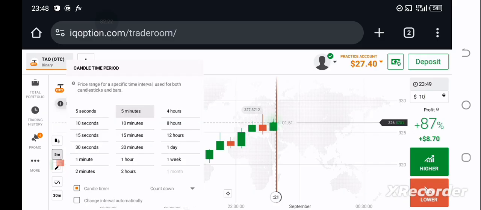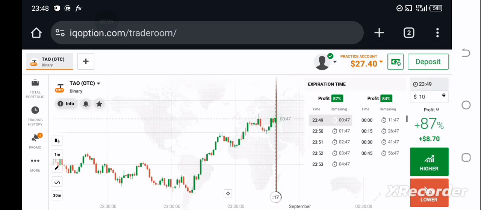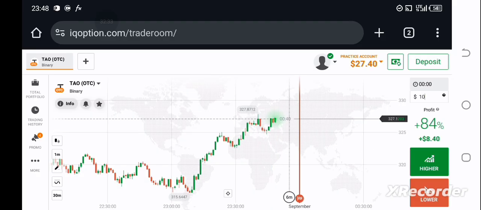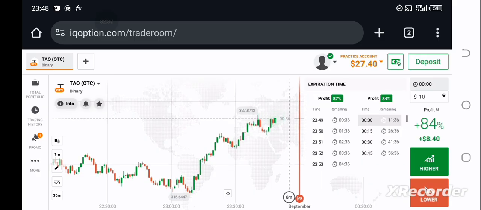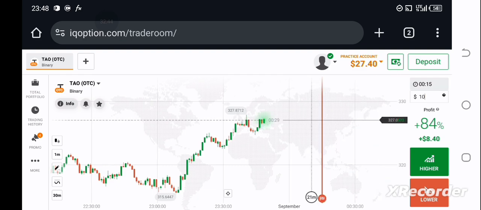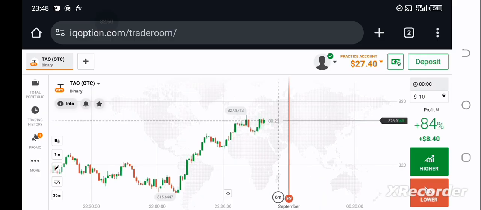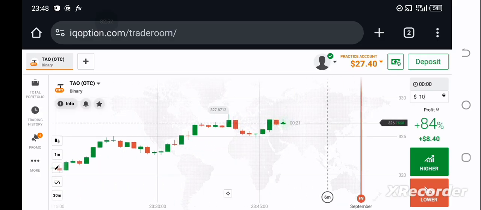So you can leave your position for 1 minute and change here to 10 minutes time frame. Okay, you can change it to 10 minutes time frame. Here is 10 minutes. That is 6 minutes rather: 6, 7, 8, 9, 10 minutes. You can change it to any time frame, but